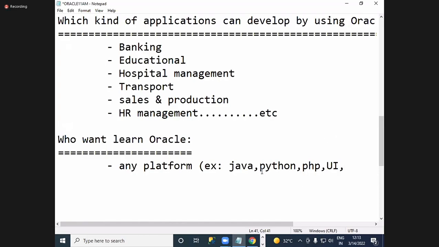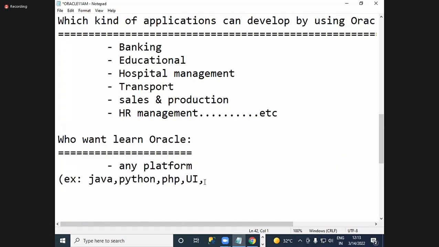These are front-end related people: Java, Python, PHP, and UI, user interfaces. And on the backend side there are also people like Power BI students. Like we can say, testing people.